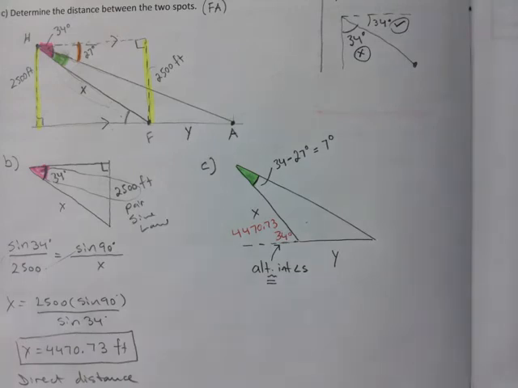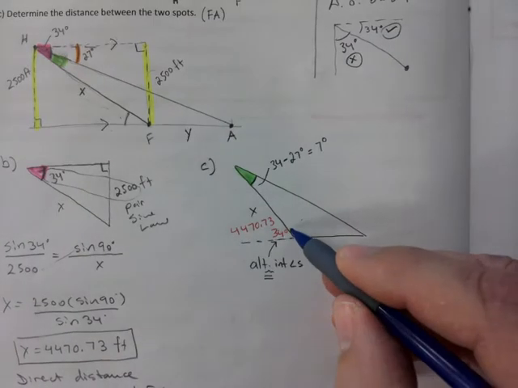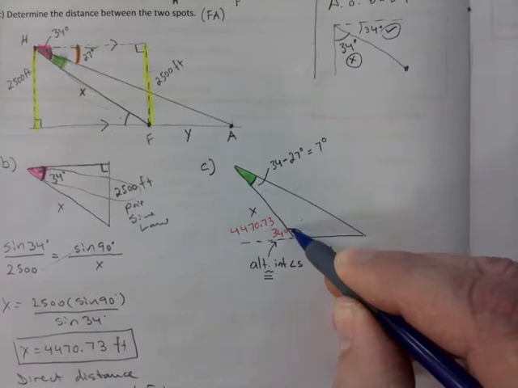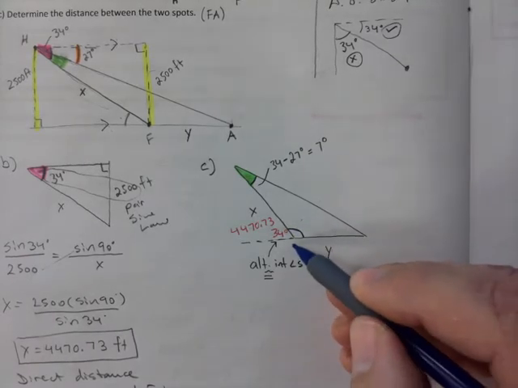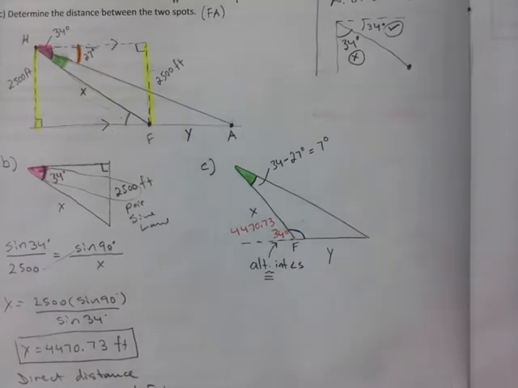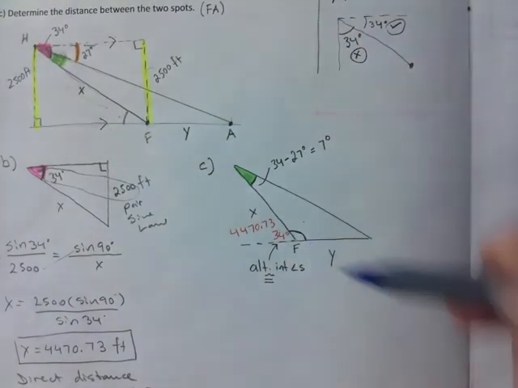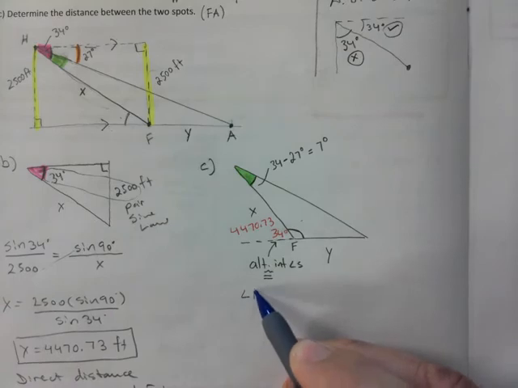There's other ways of doing it, and if you see it, way to go. And then this angle, now I can find that one, right? This is actually F right here. If you copy it with me, so angle F